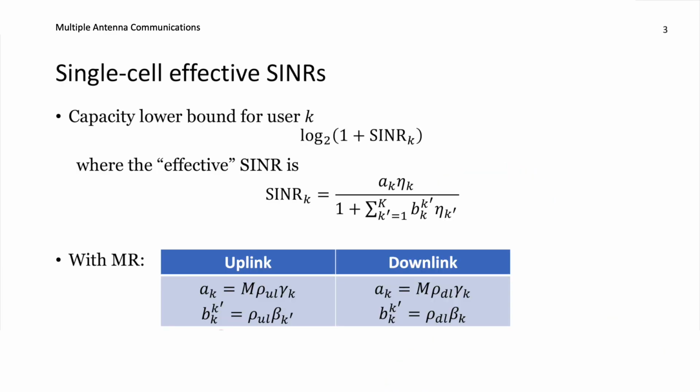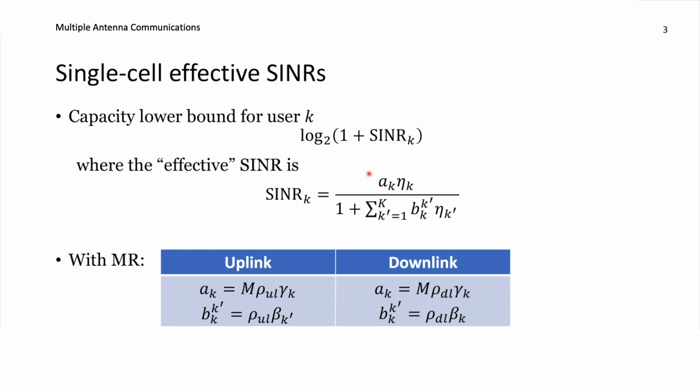A large part of this course has been focused on the single cell case, where we talked about the capacity lower bound that we can get for different users. For example, user k gets log2(1 + SINR), or signal to interference noise ratio, and there we have an expression that has this particular shape, and we have focused particularly on maximum ratio processing, where we get a numerator that is eta k, which is the power control coefficient that so far has been just a constant, and